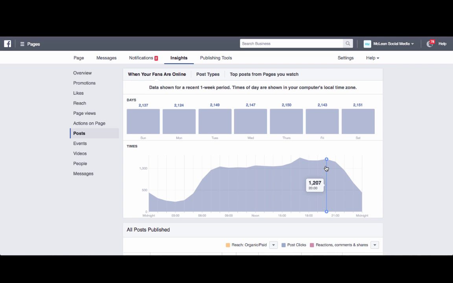When you're working out what time of day you should be posting, I recommend do a post at 3 a.m., do a post at 8, do a post at 1 or 2. A really good time if you have to think about your target market as well. So if you're targeting, for instance, mothers or fathers who do the school run pickup, a really good time to target them is between 2:30 and 2:50